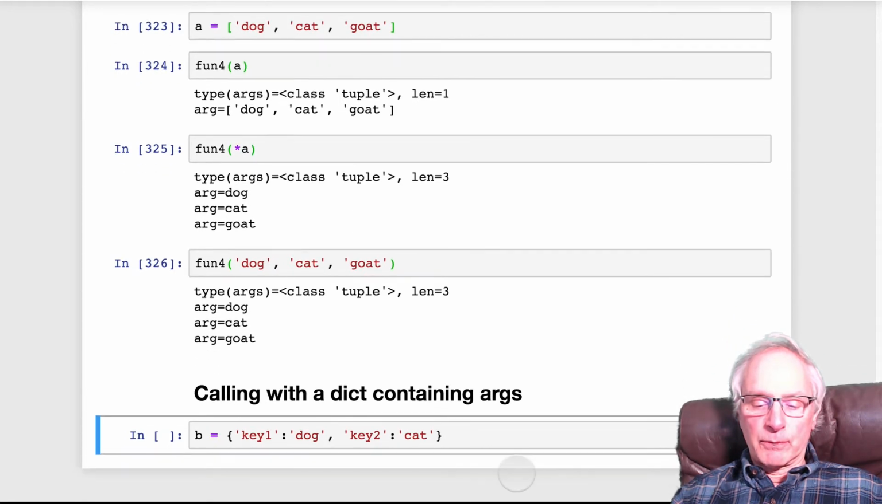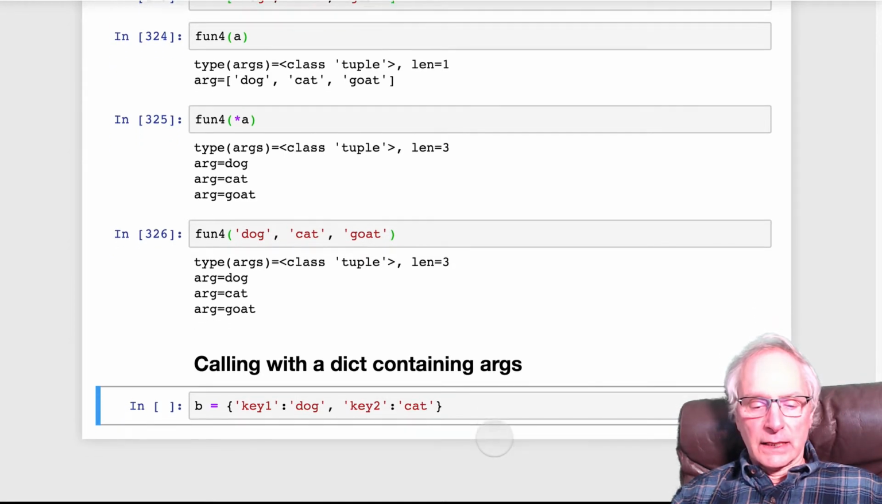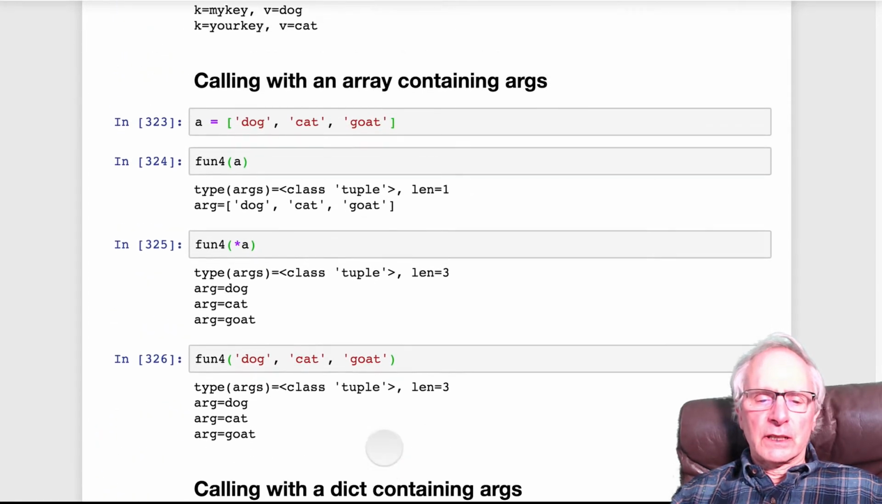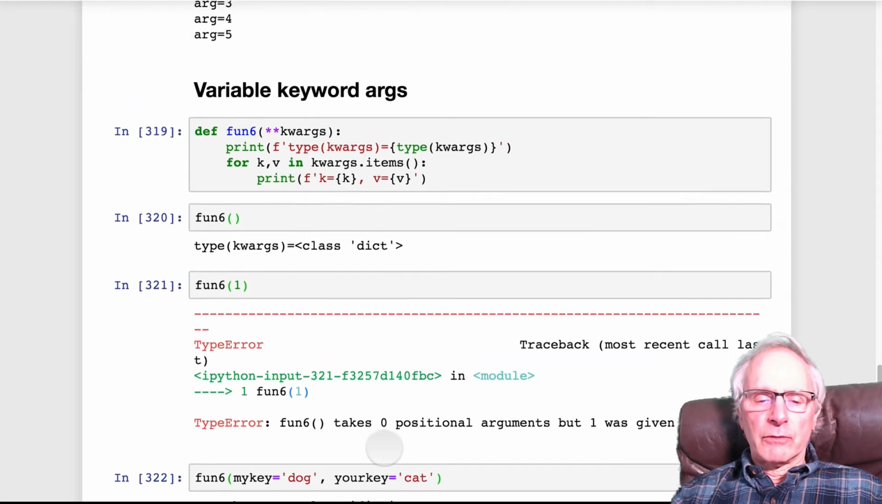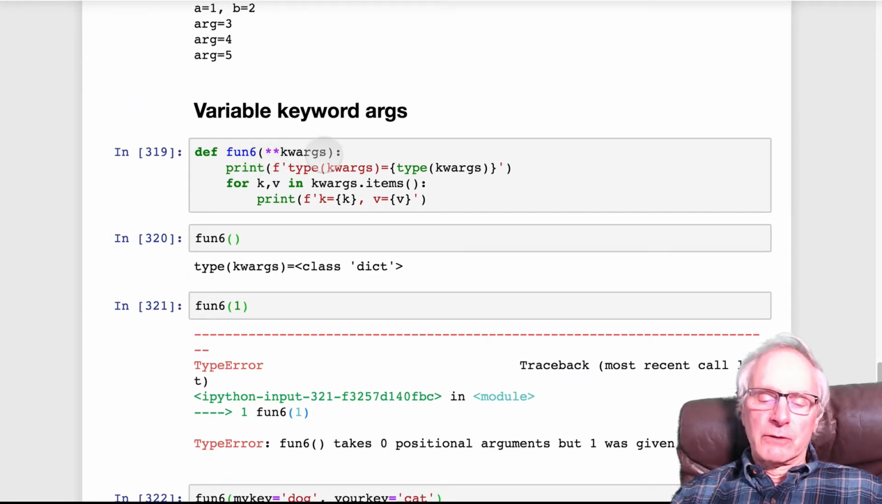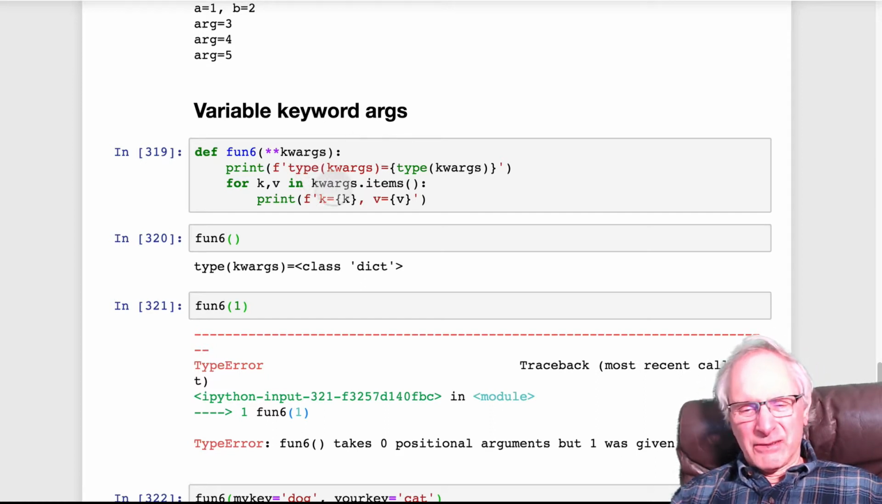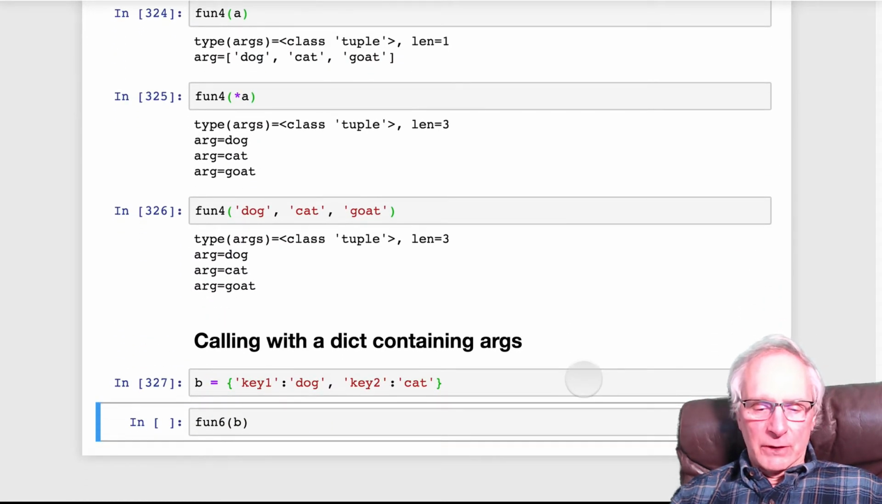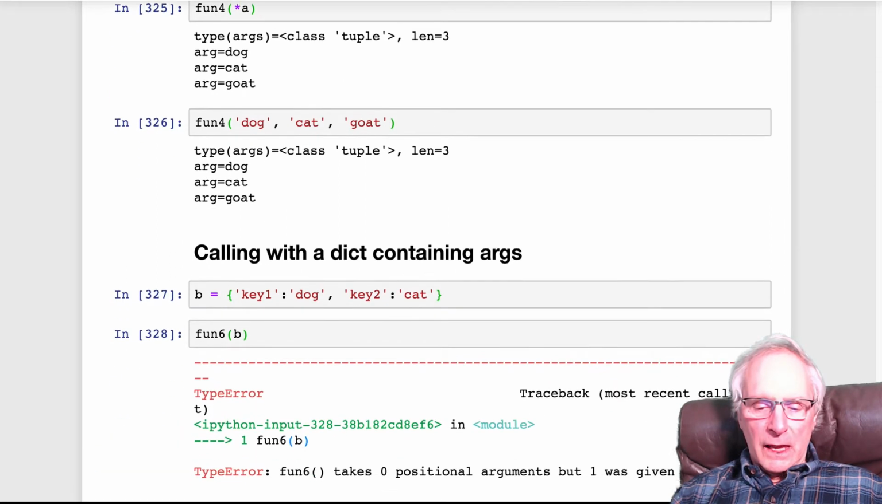Similarly, suppose you're writing a program and you have a dictionary, and it's got key 1 is dog, key 2 is cat. And we want to call function 6 with this. Now function 6, if you recall, takes a variable number of keyword arguments. Let's suppose we'd like to just pass the whole dictionary directly and be done with it. So let's try that. But no, it's not going to work because